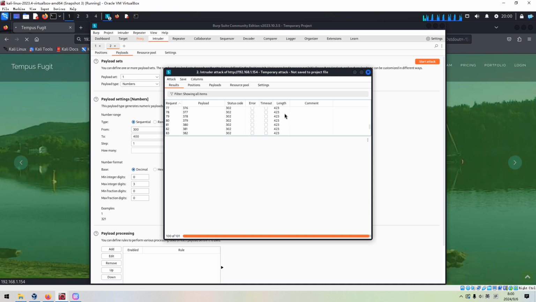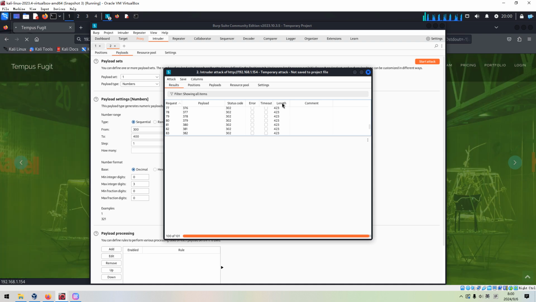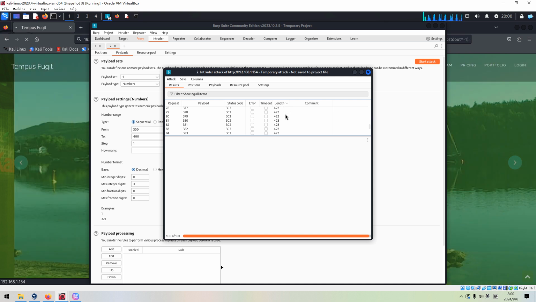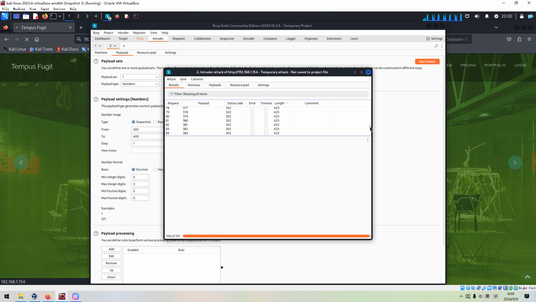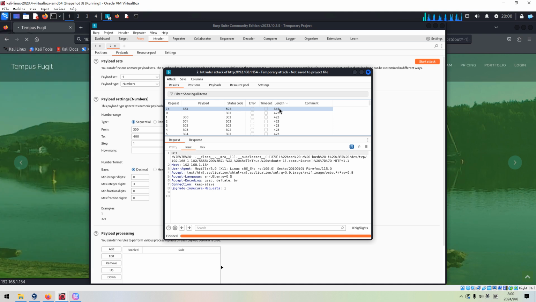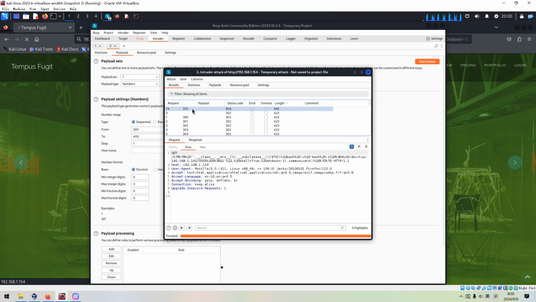And then we can sort the responses based on the length. I think this one stands out, right? The length is a bit different from others. So maybe this number is the one we are looking for.